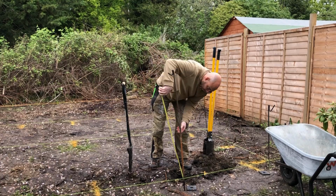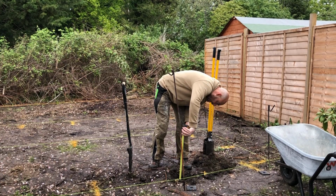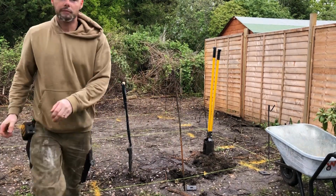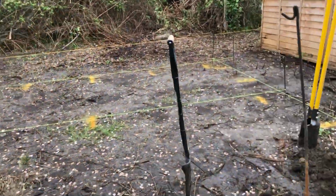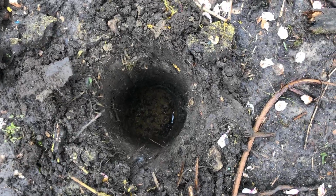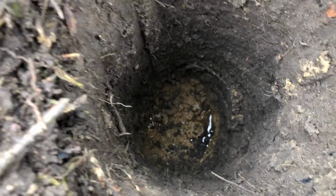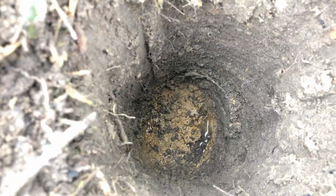Right, let's have a little look. So that is now pretty much 500. Let me go grab the camera so you can have a little look. Come over, straight over the top. How nice is that? How neat is that as well? So if I just pick it up so you can see that yellow, that's the clay, that's sand. That is flipping beautiful. So what I'll do, obviously once I've dug the rest, is take out this bad boy,